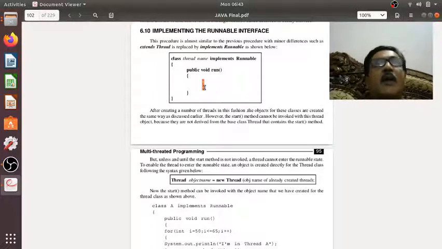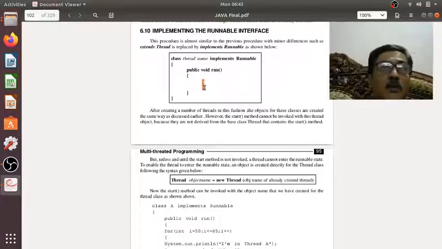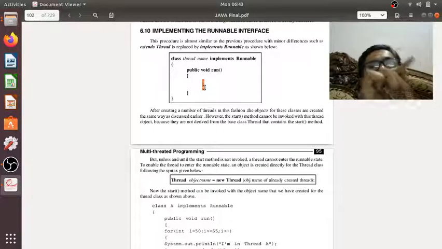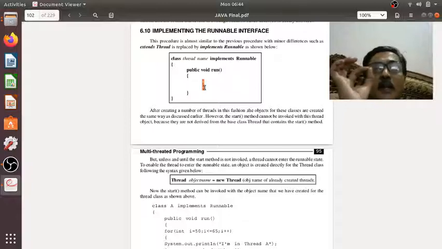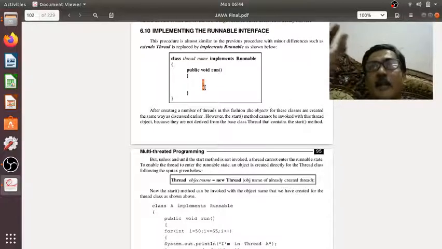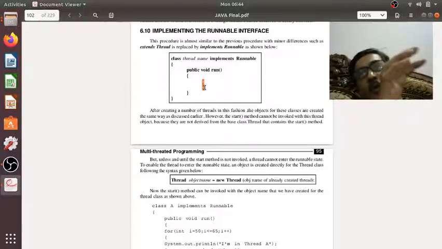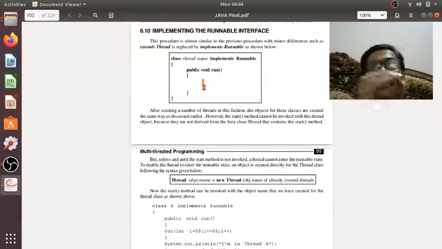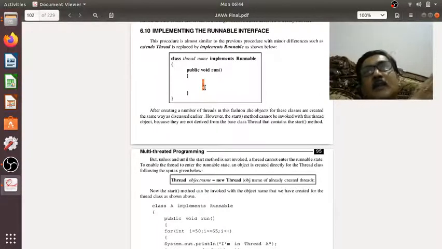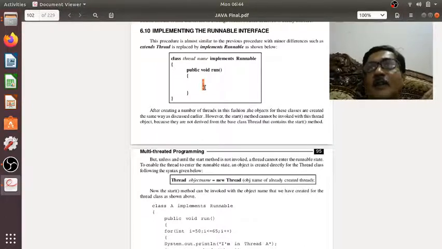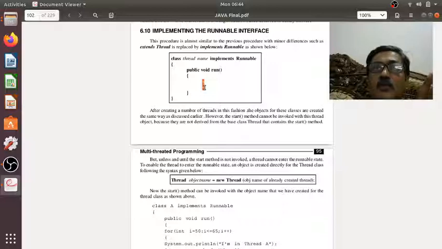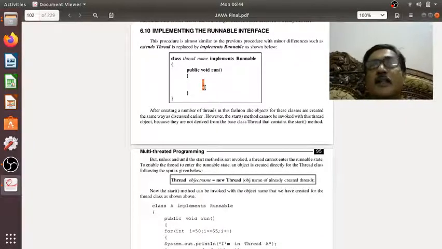Even here I am required to invoke the start method, because we saw in the previous video that we need the start method to take the thread from the newborn state to the runnable state. It is our responsibility to take the thread to the runnable state, and the procedure is to invoke the start method. In that case, because those threads were derived classes of the Thread class, through those objects we were invoking the start method without any problems.